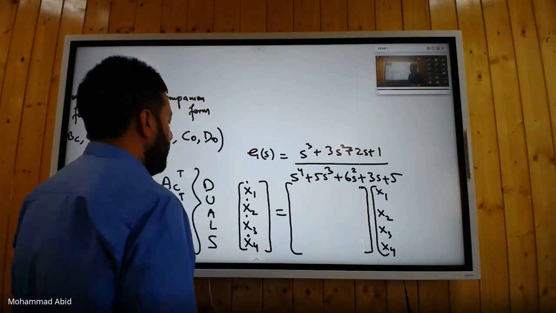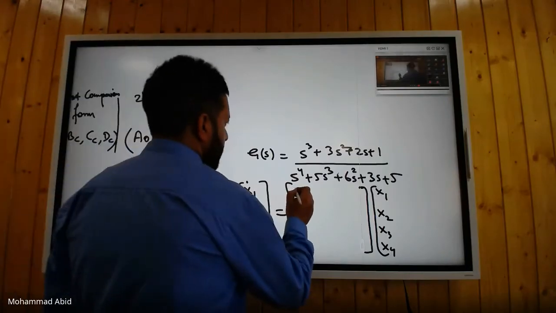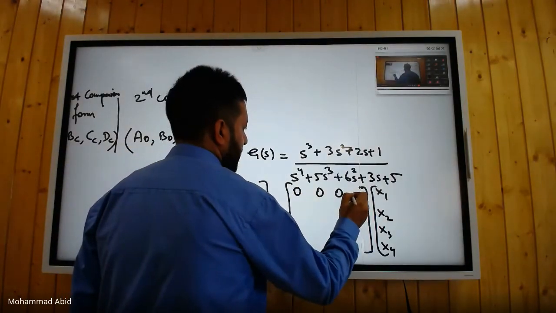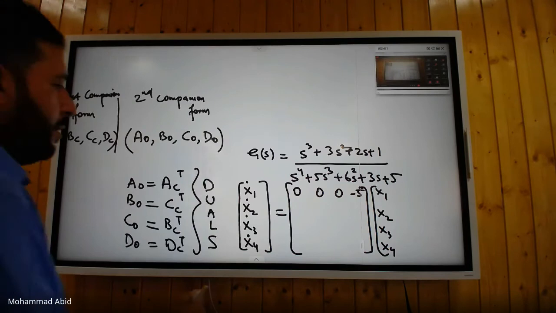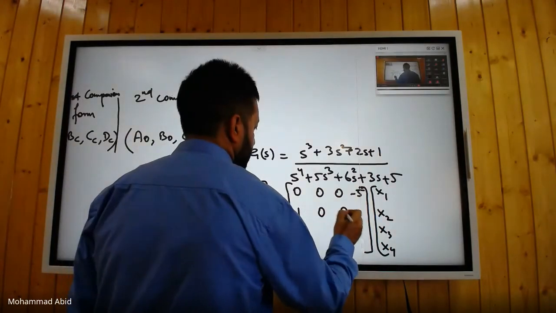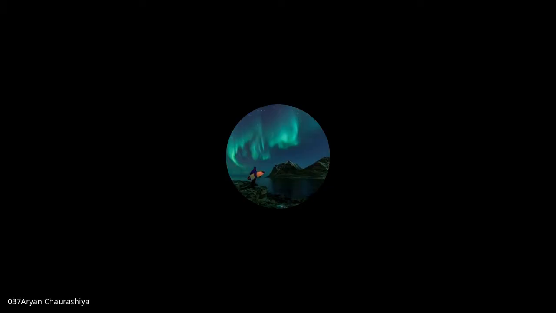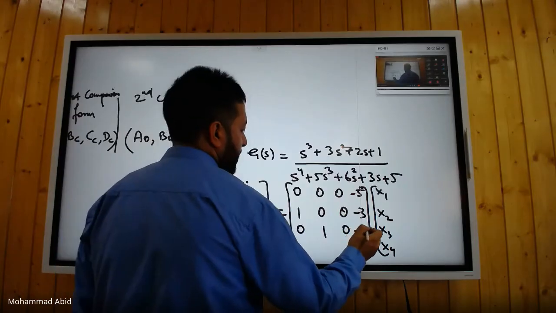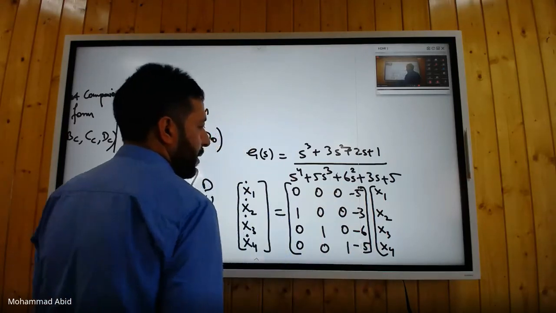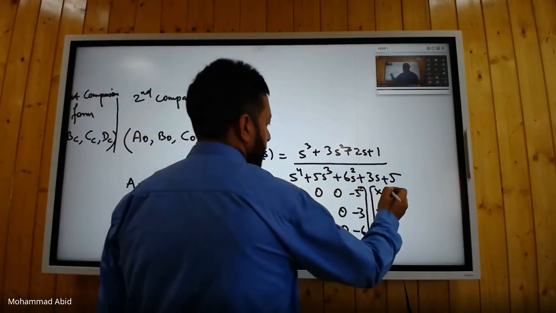What will x1 dot be equal to? 0, 0, 0 and -5 at the last. Then 1, 0, 0, -3. Then 0, 1, 0, -6. And 0, 0, 1, -5, plus,